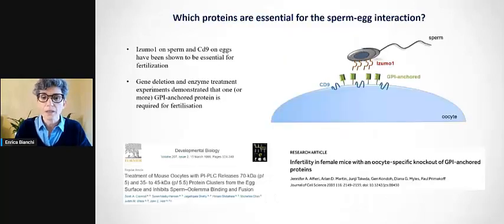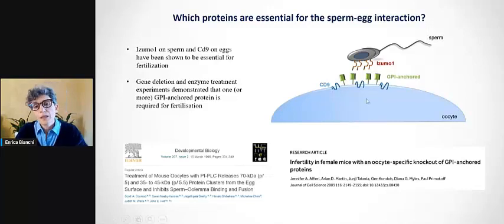And when I first joined the Sanger, there were only a few molecules known to be essential for this interaction. And when I say essential, I mean that the proteins were assessed in a mouse or in an animal model. So at the time, it was CD9 that had been shown to be essential for fertilization, because knockout females were infertile, and also there was a family of proteins known as GPI anchor proteins that were known